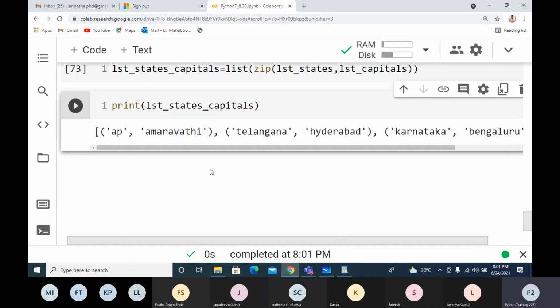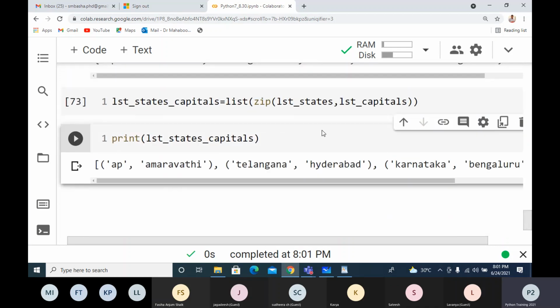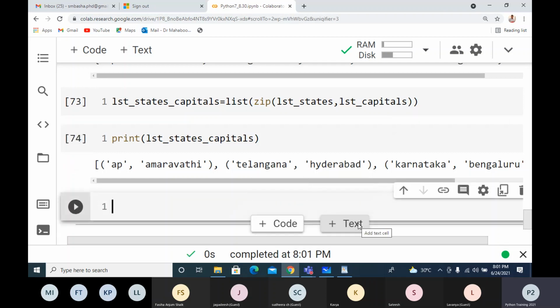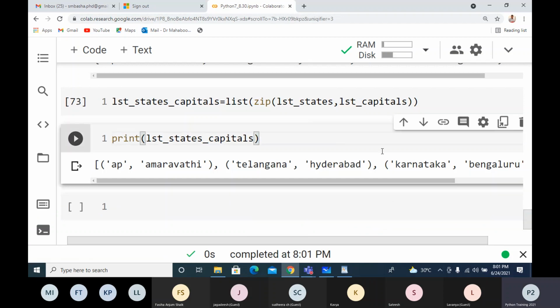From two lists, I'm getting a list of tuples. From two lists, I'm getting a dictionary. So it is so powerful. Now here, one important thing is, once I have this list of tuples, this is how we use zip. Zip is very powerful and very flexible.